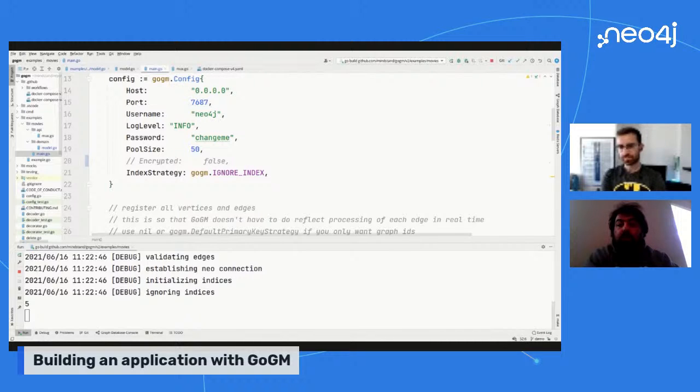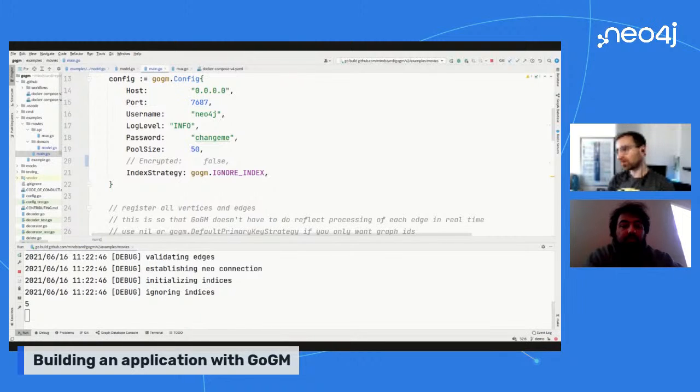Very nice. So are there any questions, or is that good? Let me give people another chance to ask questions. I've seen a few questions, but more general about Neo4j. So let me ask again explicitly about Gogem. I guess not, because it was very well explained and demonstrated. So you answered all questions already before they even knew they had questions about Gogem, I guess. So yeah, no questions so far.